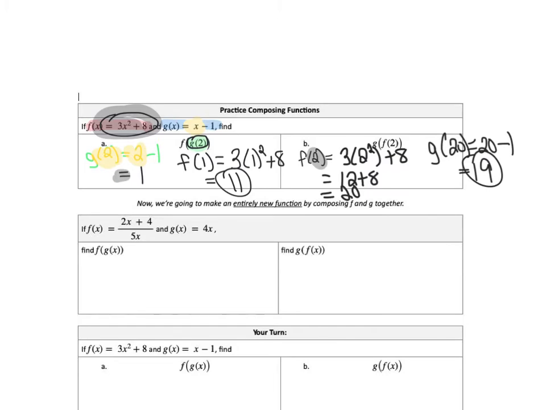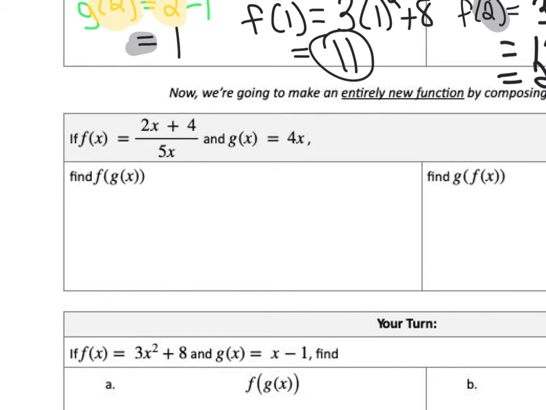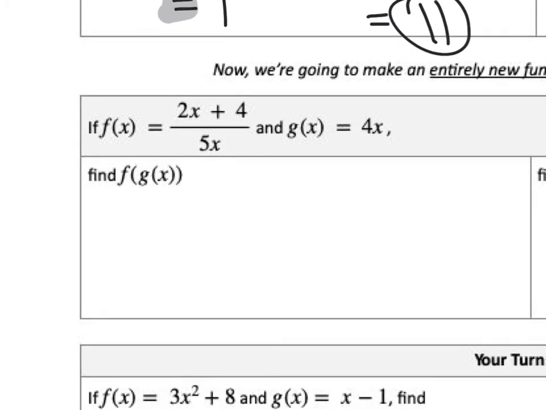If you look down below here, it's a little bit tougher because we've got algebraic expressions, and we're just going to compose those functions. So what I want to find is f of g of x. Well, my innermost function is g of x. So I know that g of x is 4x. I'm finding f of that, which means I need to find f of 4x,